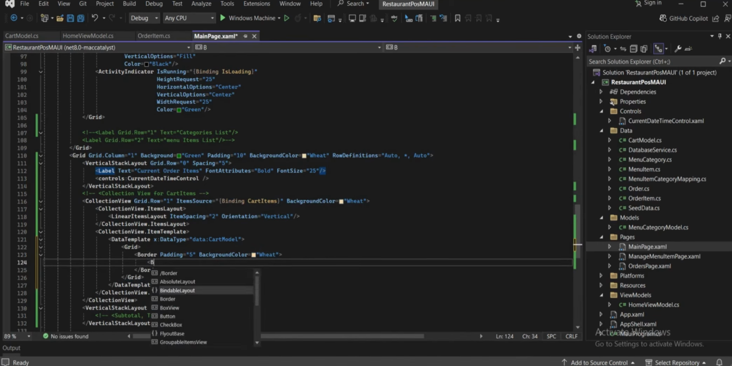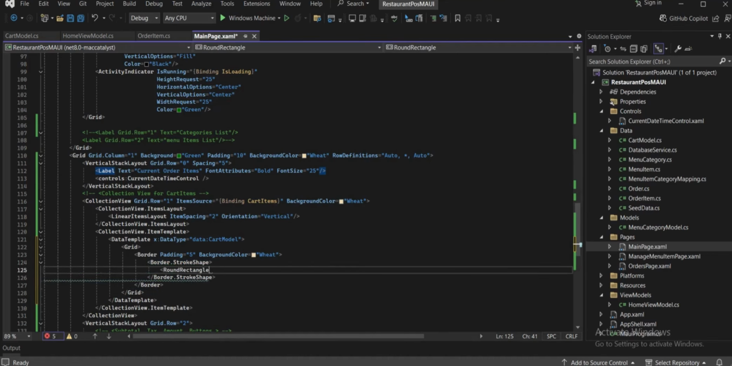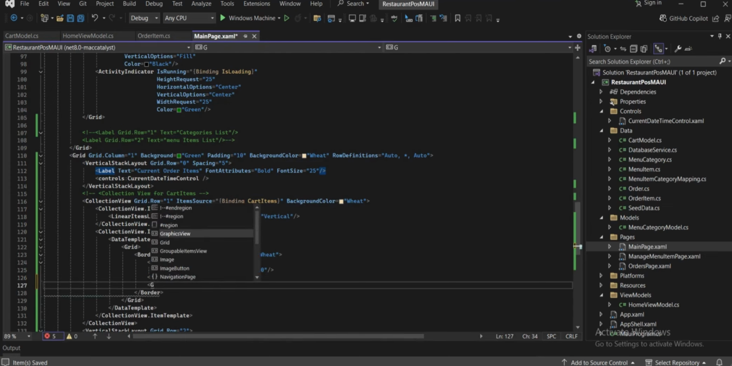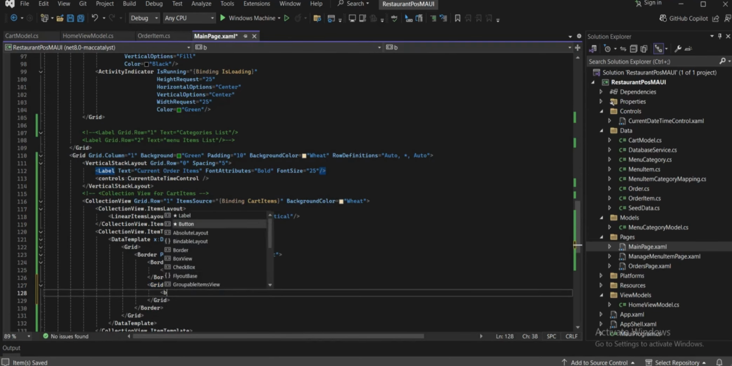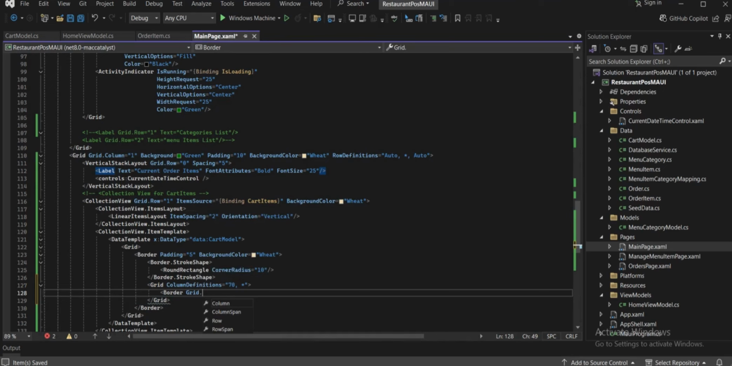After this, we will just add a border dot stroke shape, and inside the stroke shape, it should be a round rectangle with a corner radius of 10. It should be looking perfectly good. And after this, we will create another grid with column definitions of 70 for the icon and the item's original price, and the rest will be dedicated to the name and the price. Okay, now here we will create a border inside it, border with grid dot column 0,